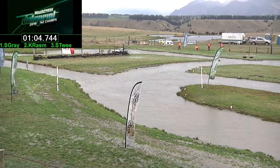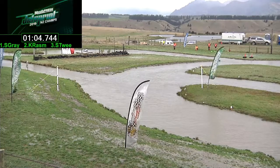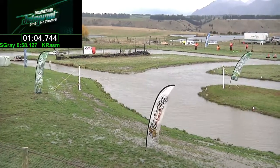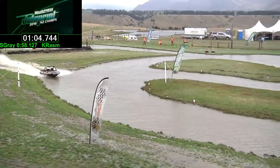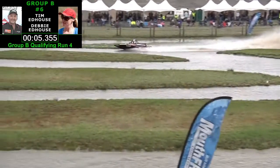Next boat out will be Tim and Debbie Edhouse from Ofonga. Liquid Addiction is the name of the boat. Ofonga Motors, Tyre Max New Zealand, Waikato Clutch and Brake Specialists, and McCurdy Trucks. The guys destroyed the drawbar of the caravan on the trip down, managed to make it down. They really want to get these runs on the board because they are